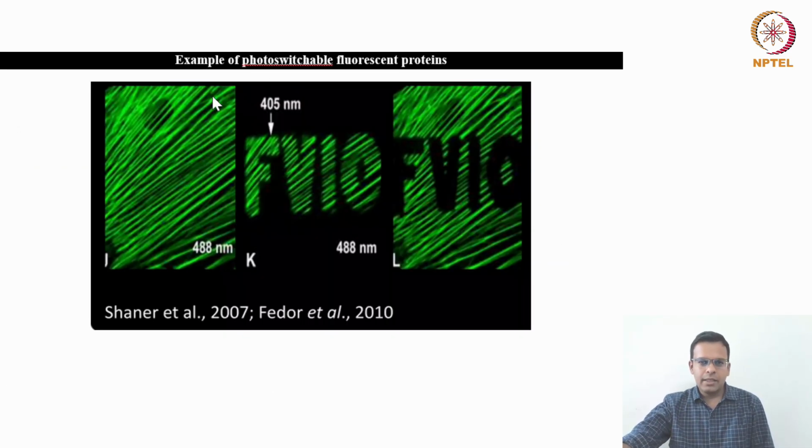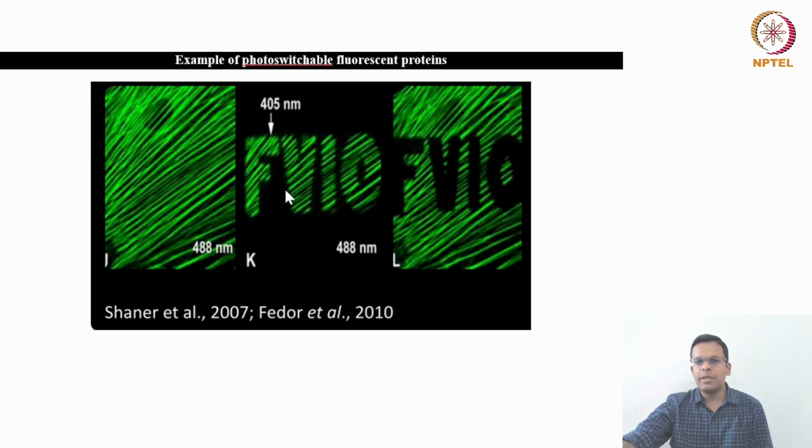So here you can see an example of photoswitchable fluorescent proteins. Initially the entire structure is illuminated and you can see the green fluorescent protein everywhere. But then they can switch off the molecules which are here, and only some specific structures are shown here.